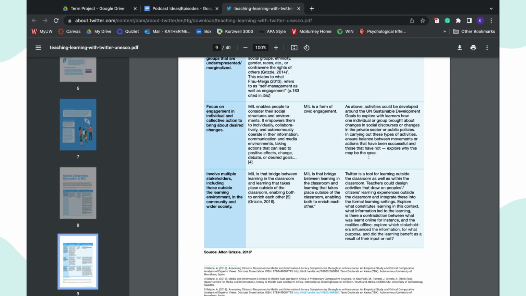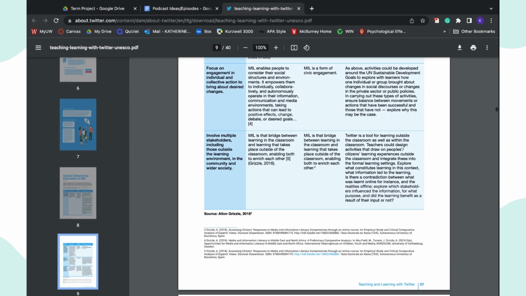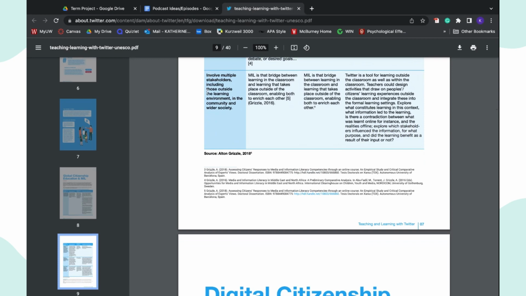In carrying out these types of activities, ensure balance between movements and actions that have been successful and why they may not have been, and explore why they may not be the case. Involve multiple stakeholders, including those outside of the learning environment and in the community, is one of the goals for